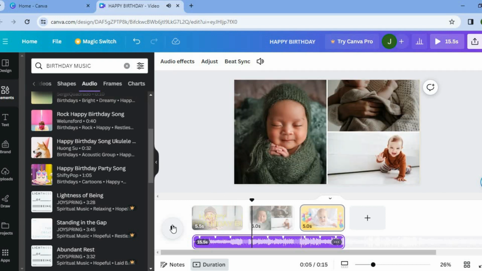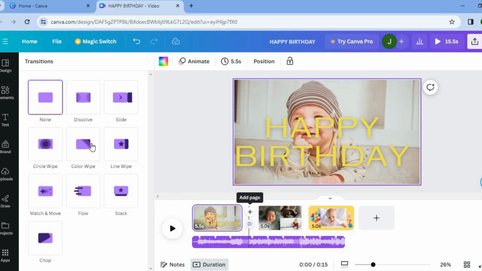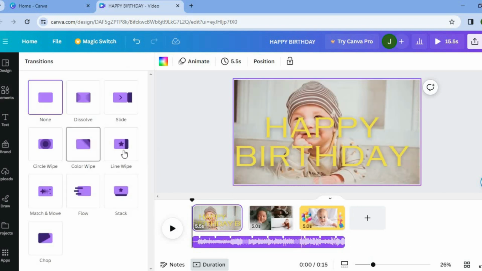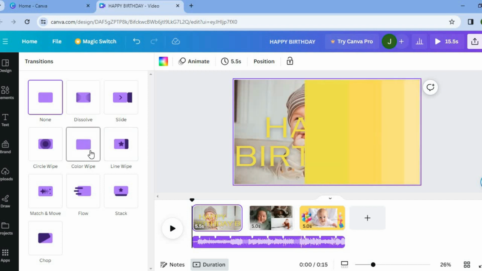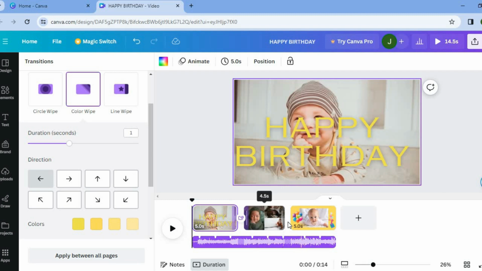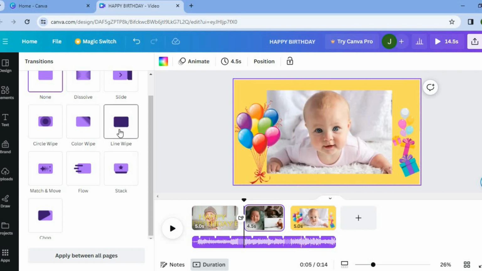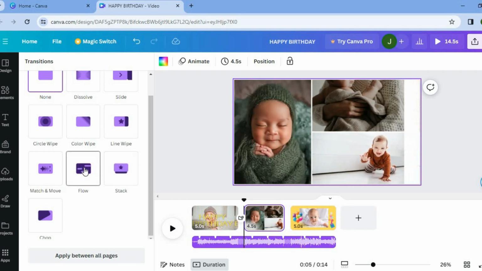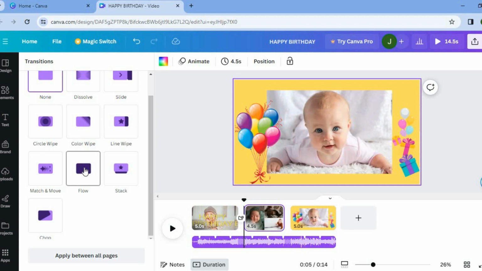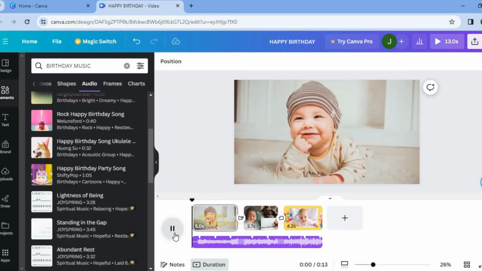You can also add a transition between photos by tapping right in between the photo. You'll tap on the option right below the plus which says add transition, and you can see some different transitions that you can add right there. I think this is a nice one, so I'm going to be adding the color wipe. And then in between this image, I'm going to be adding a transition also. So let's see right there. I'm going to be adding the flow transition. So for example, if I were to play it right now,